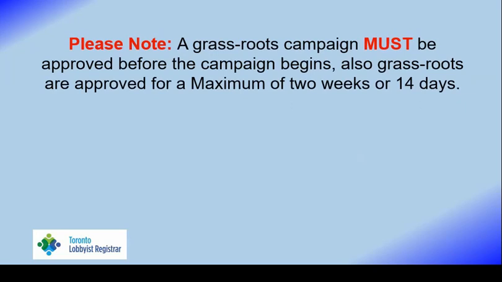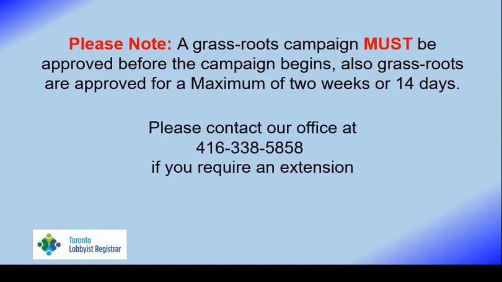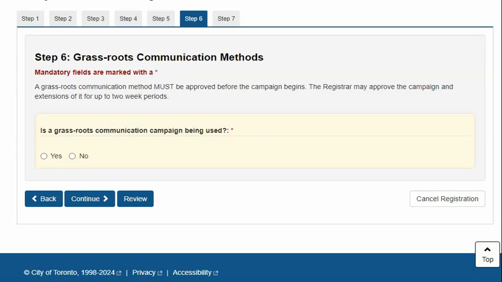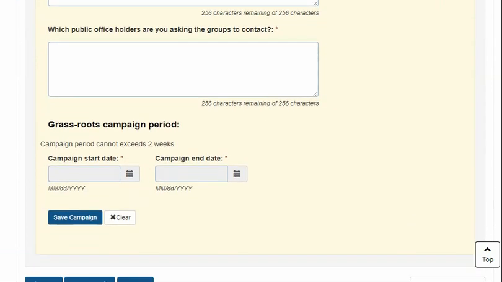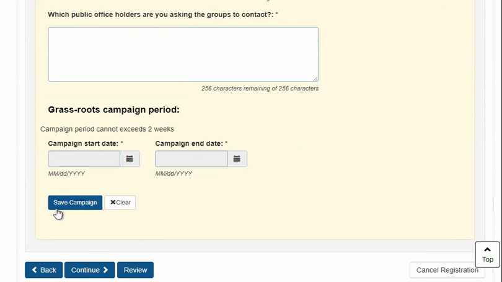Also, grassroots are approved for a maximum of 2 weeks or 14 days. Please contact our office at 416 338 5858 if you require an extension. If a grassroots campaign is selected, please fill out the mandatory fields and select Save Campaign.